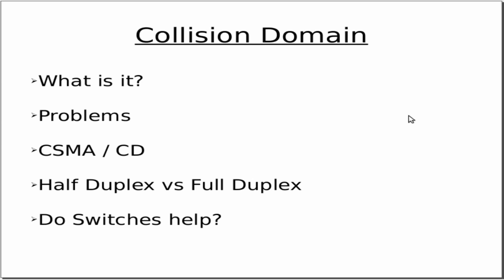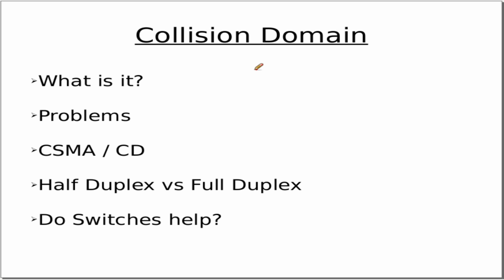So back in the early days of Ethernet development, when it was being developed in the early 80s or late 70s, we did not have these sophisticated devices that we now call switches. Back in the days we had either Ethernet or we had bus topology. So collision domain, in essence, what collision domain means is that